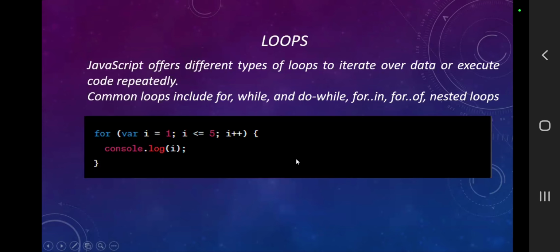Looping. So in JavaScript we have basic loops as well as some advanced loops available. Likewise, we have for, while, and do while. After do while, we have for in and for of, as well as nested loops. Okay. Similar to other languages, but this for in and for of is used for iterating over a list. Okay. If I have a list of data, like